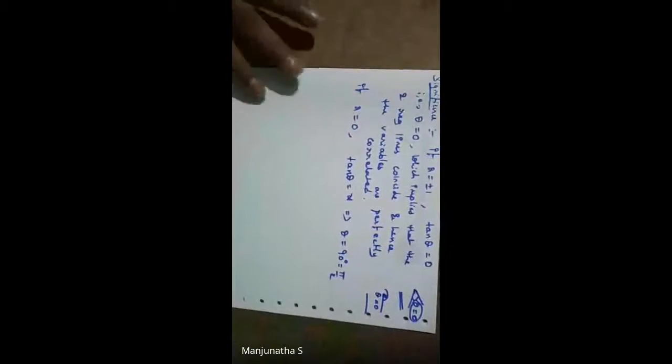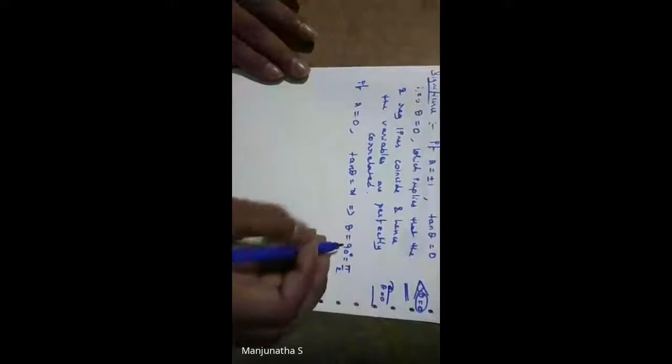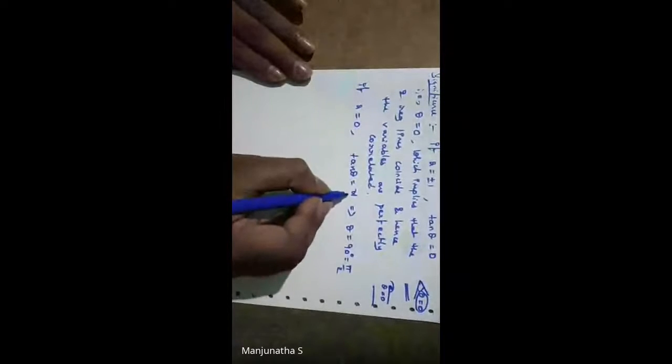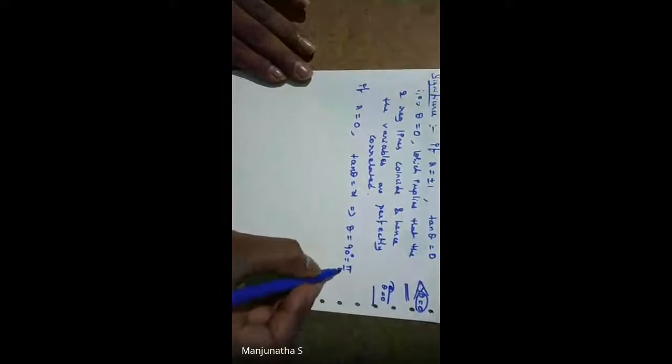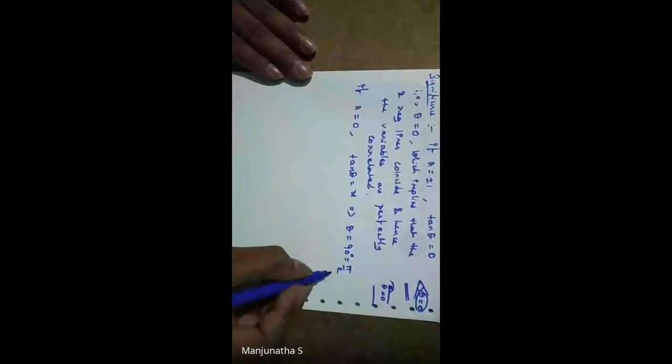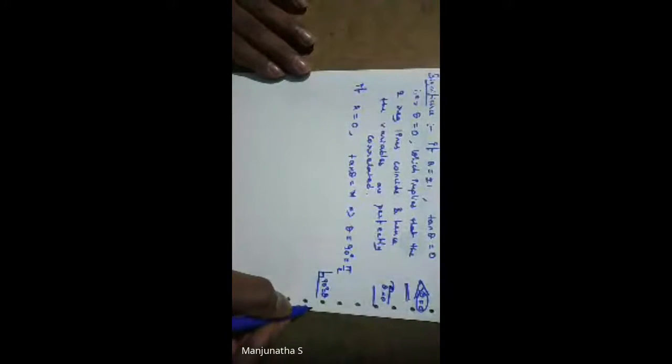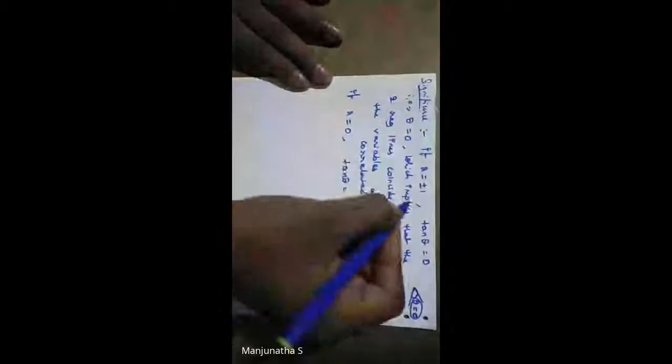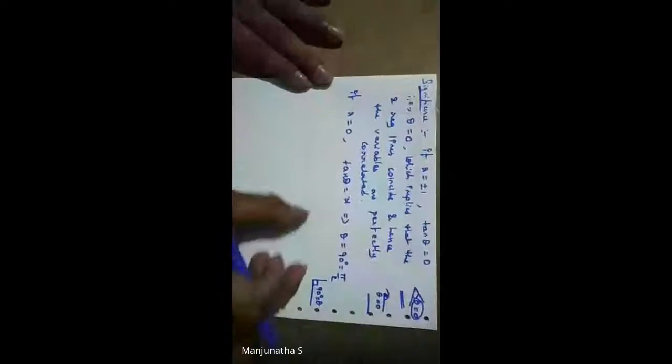You should know tan inverse of infinity is 90 degrees. So tan of what value is infinity? Tan of 90 degrees is infinity. So theta is equal to 90. Therefore, see the lines: here one line, here one line. So the angle is 90 degrees. That is theta. So therefore, the two lines are perpendicular to each other. That significance I am going to write now, which implies